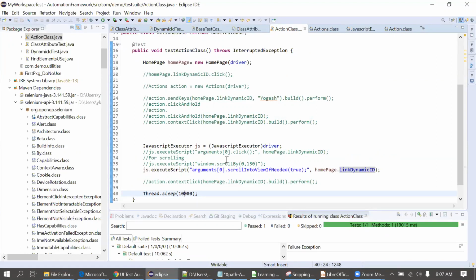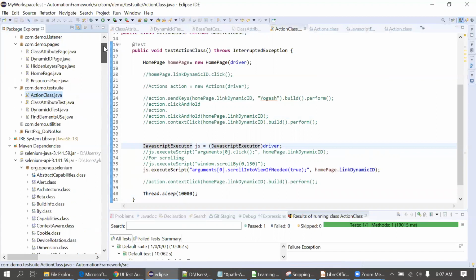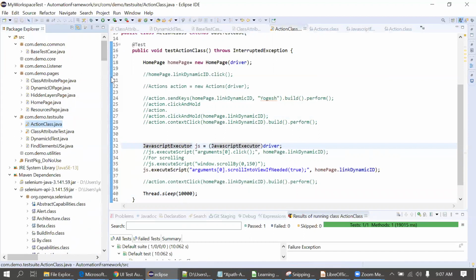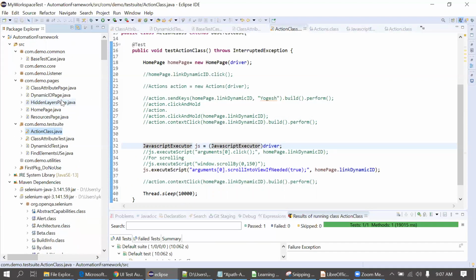Sir, scripts are long. So here we do some actions like scrolling into view. Here the script is short, but when the script is long, where do we put it? Script is long means the test case you are talking about, right? Yes, sir. No, simply we will not put this at the test case level. I will put it into a utility class. It's a part of framework development again.